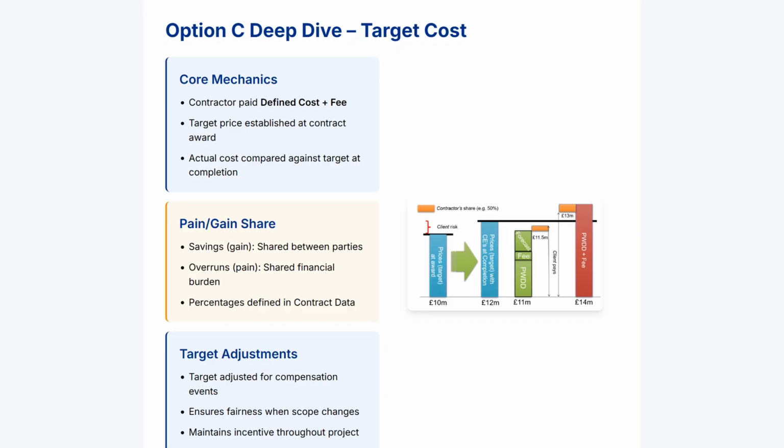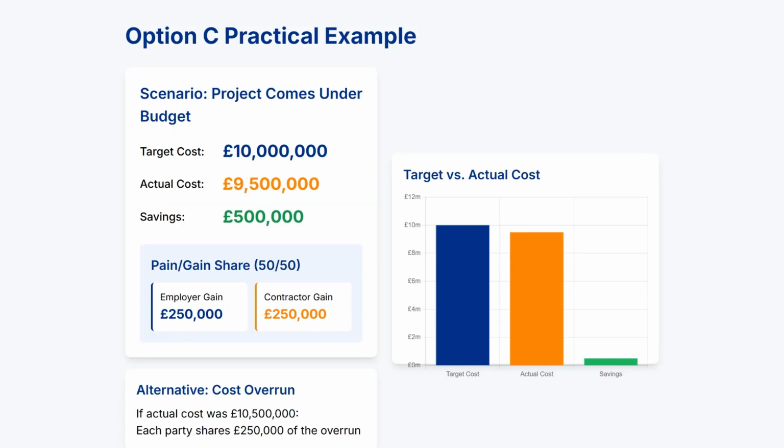This approach combines the transparency of cost-reimbursable contracts with the incentives of fixed-price contracts, making it ideal for projects with significant uncertainties. Let's examine a practical example of Option C in action. Consider a project with a target cost of £10 million. Through collaborative working and efficient management, the team completes the project at an actual cost of £9.5 million, achieving a